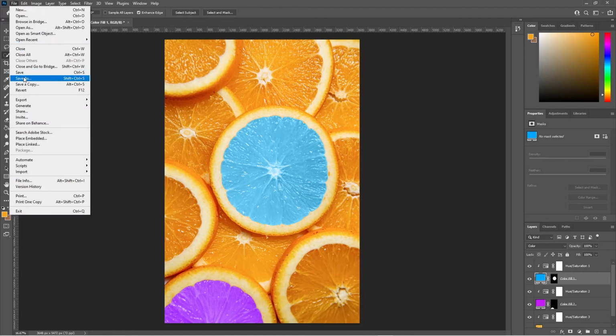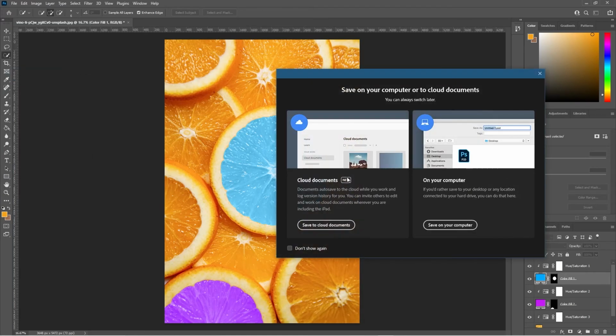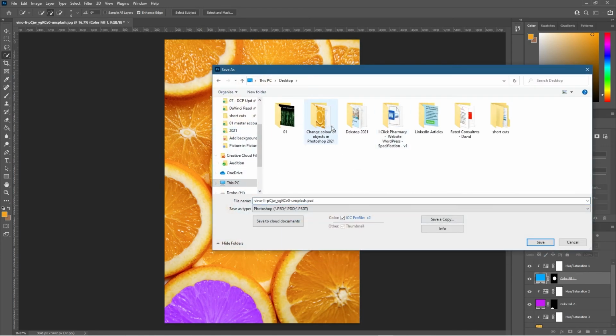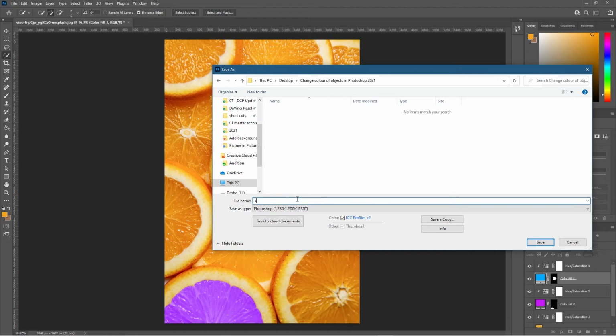Okay, let's go ahead and save our work. Let's click File, Save As, and we should always save our work. That's the wisest thing to do. And we just call this change color